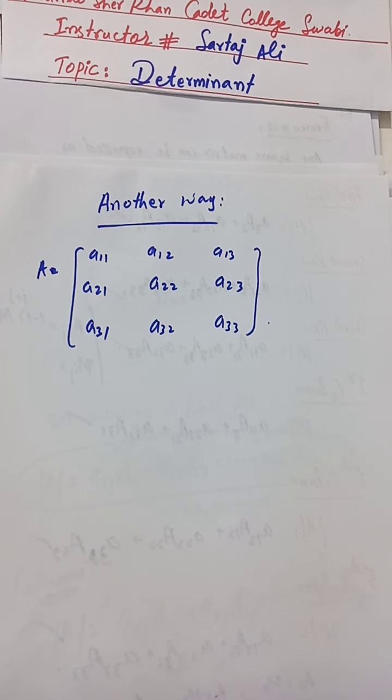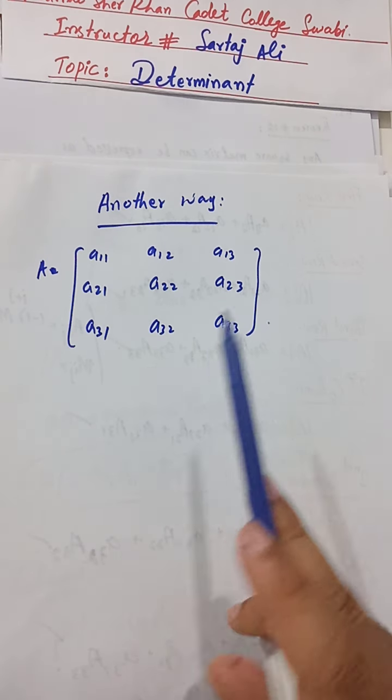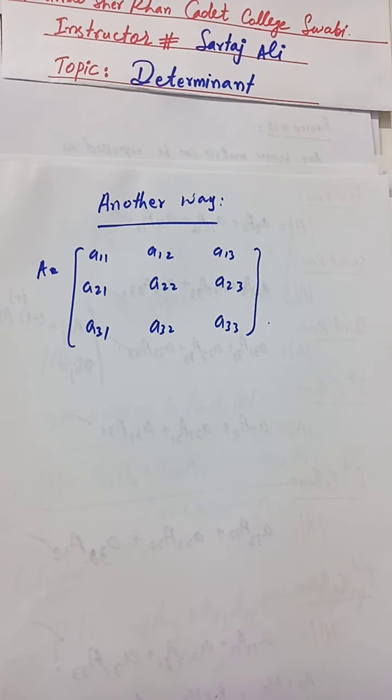In the last video lecture, we got disconnected because of memory problems. At that time, we were discussing another method to find the determinant of 3x3 matrices. In that lecture, we discussed that we use cofactors and minors for the determinant of 3x3 and higher order matrices.